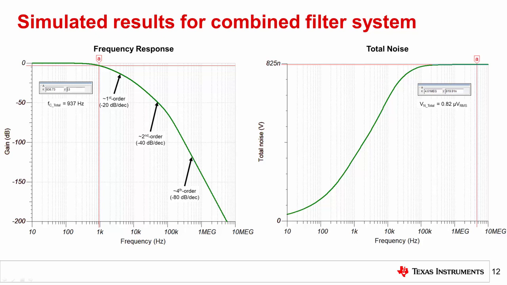Moreover, the shape of the frequency response curve suggests that approximating the combined filter as first order was inaccurate. You can see that the combined filter starts to roll off at negative 40 dB per decade at negative 50 dB of gain, and at negative 80 dB per decade at a gain of negative 120 dB, representing a fourth order system. So how is it possible that there is such a small error between the predicted and simulated noise if the combined response is so dissimilar from the simple first-order low-pass filter?